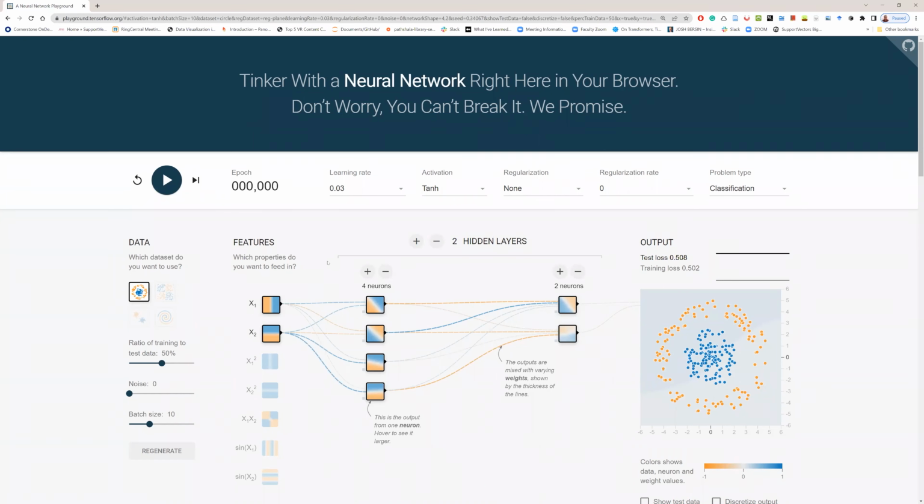All right, folks. Today, we are going to play around with something. It's called the playground of TensorFlow. Here, we will build all sorts of networks to solve certain classification problems. Classification means we have to tell the orange dots from the blue dots. Right? So, for example,